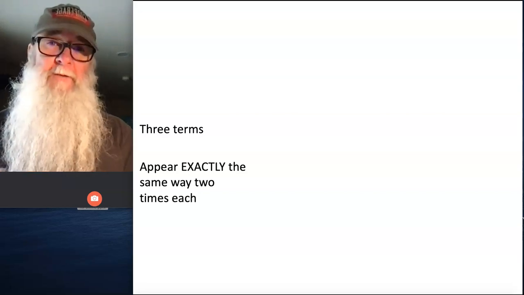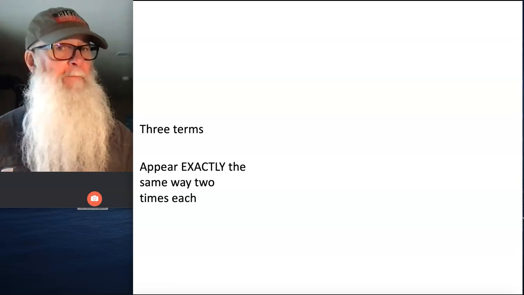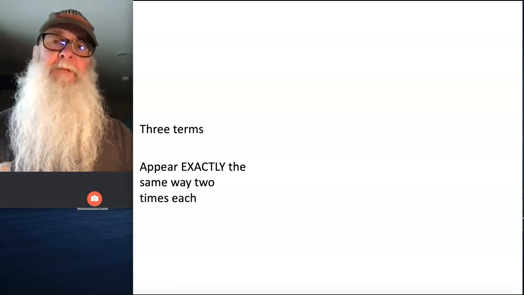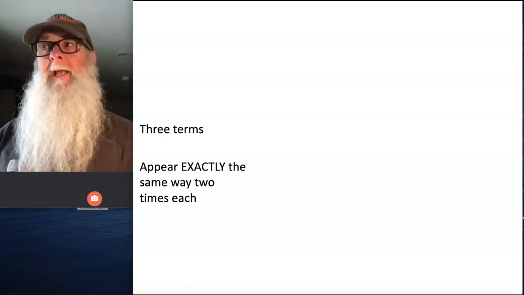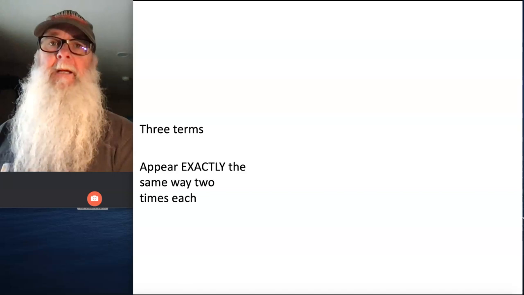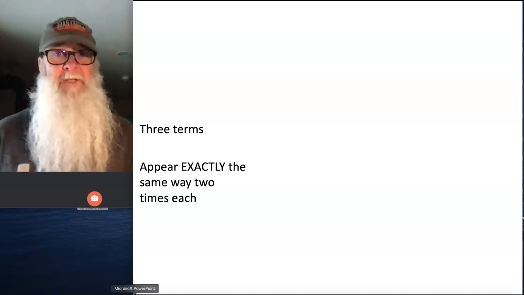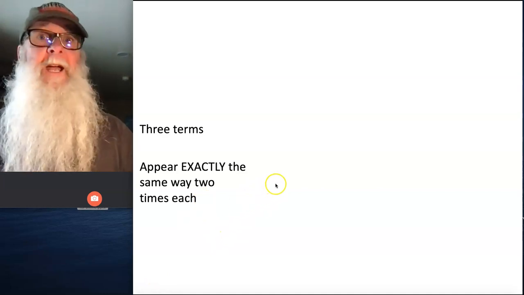Recall that a standard form categorical syllogism has exactly three terms, a minor term, a major term, and a middle term, and each one of those terms appears exactly 2 times each in the syllogism, and importantly, they appear exactly the same way both times they appear, letter for letter. But sometimes we're going to be presented with categorical syllogisms that aren't in standard form because they have more than